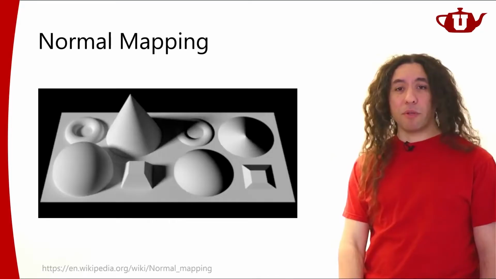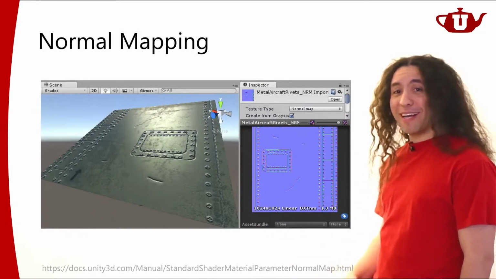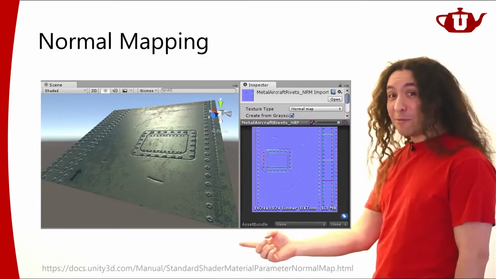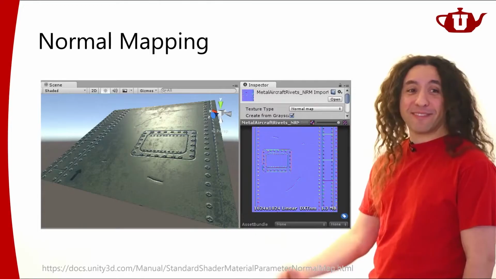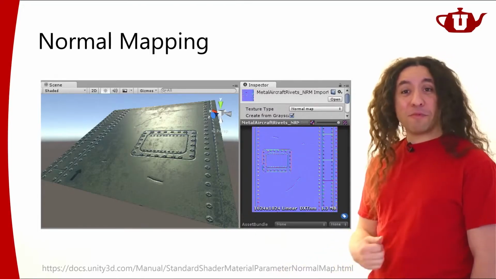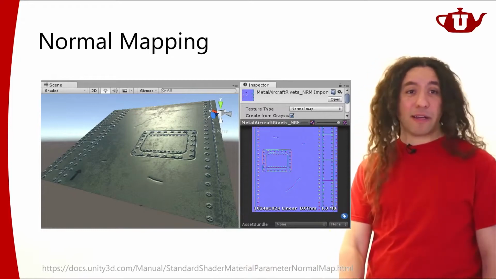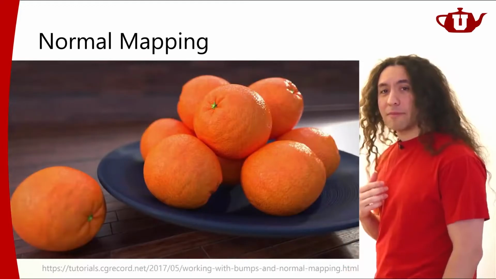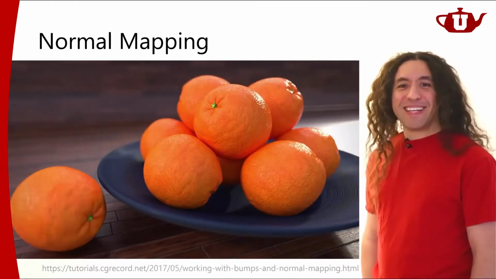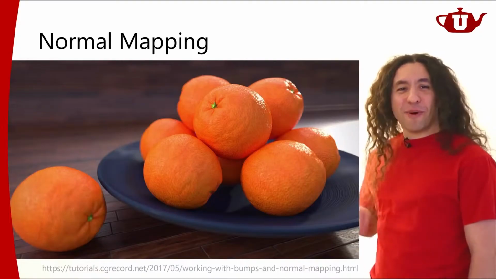So here's another example showing normal maps on this flat plane. When you look at it, it's like, wow, those details are actually in there, but they aren't. So it actually works pretty well if you use it right. If you use it for defining these small scale details, it works really well, and it's very, very useful. So if you want to model oranges, for example, you really don't want to model these small scale details.